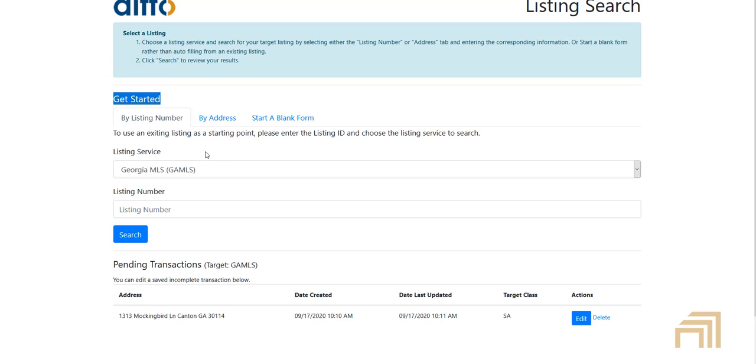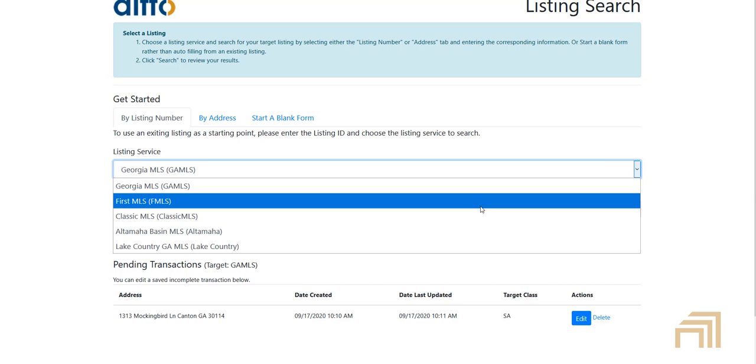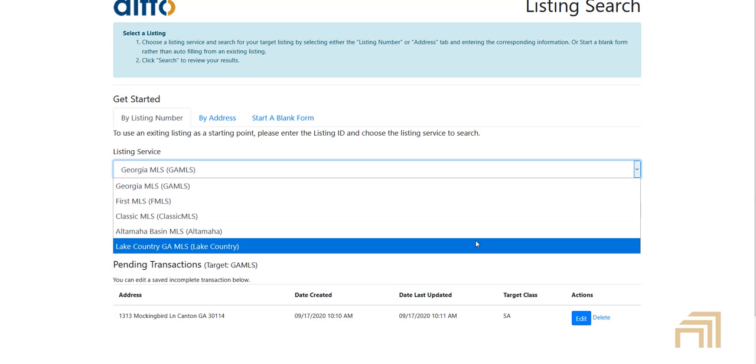Now, right off the bat, it may be a little confusing because you notice under Listing Service it says Georgia MLS, but if you click on that drop-down, it's going to let you know that as of right now, Georgia MLS has agreements signed with First MLS, Classic MLS, Altamaha Basin MLS, and Lake Country MLS. So if you belong to any of those MLSs and you have a listing that you need to get in our service, instead of you having to reinvent the wheel and re-enter everything in through Paragon, just keep in mind,